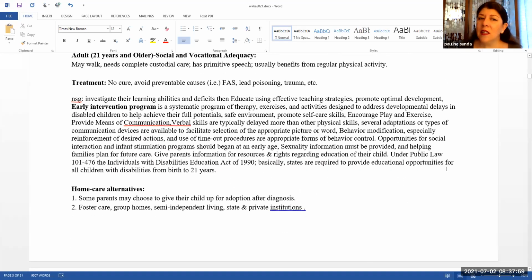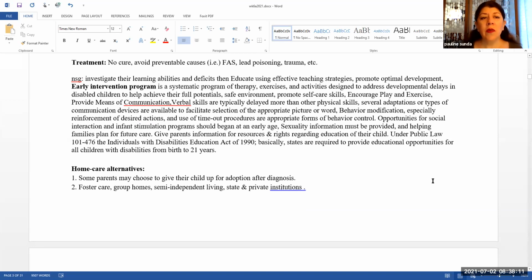So treatment, there is no cure, but we really want to try to prevent any of the causes that are preventable, like fetal alcohol syndrome, lead poisoning, trauma, and there are others as well. So as nurses, we want to investigate their learning abilities and deficits, and then educate using effective teaching strategies,